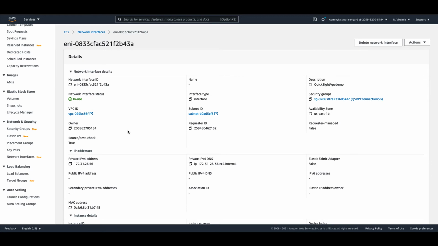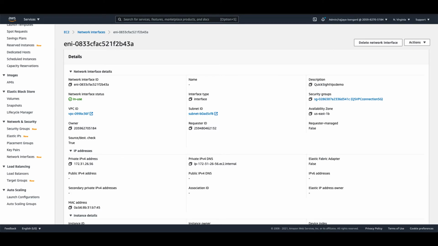Now, this network interface, or ENI, allows QuickSight to exchange network traffic with a network instance within your VPC. You can provide all of the standard security controls for this network interface, as you do with other traffic in your VPC. Route tables, network access control lists, ACLs, subnets, and security group settings all apply to the network traffic to and from QuickSight in the same way that they apply to traffic between other instances in your VPC.